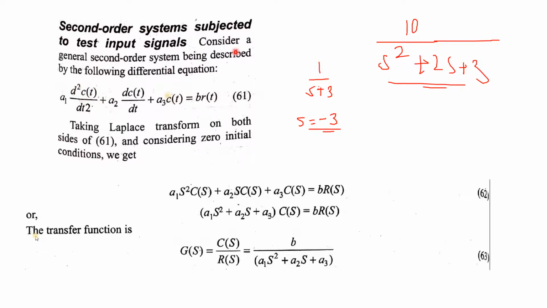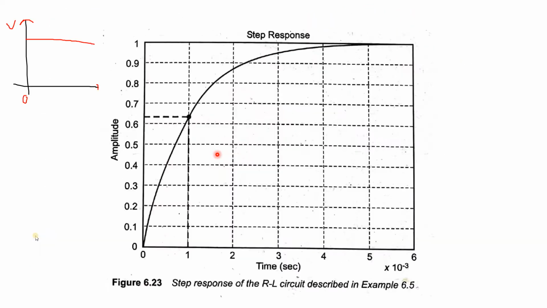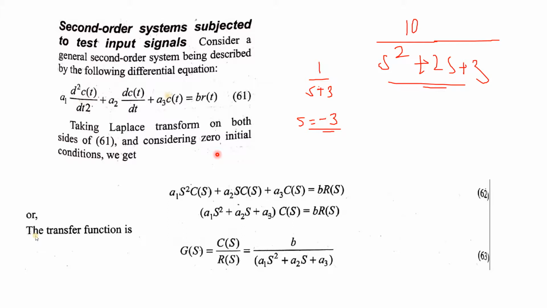The analysis will be different, because suppose we take a second order system in the time domain. Second order system means it will be a double derivative. Taking this example once again, this was a first order system because there was only one s, because there was a first derivative. If you transform the first derivative into the Laplace domain, it becomes s, and if it is the second derivative, it is s square. If it is the third derivative, it will be s cube.